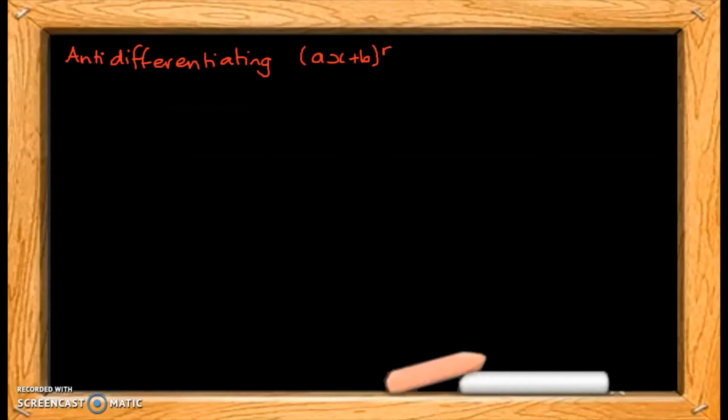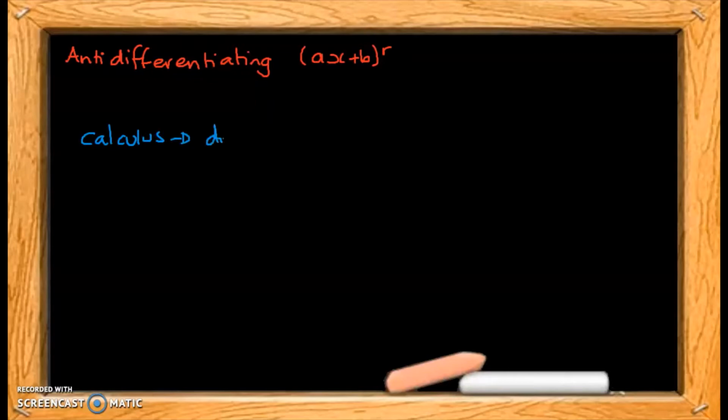This lesson talks about anti-differentiating, an expression where we have ax plus b all raised to the power of r. But before we do that, let's go back to the chain rule and differentiation so we can make some relationships here. So remember, with calculus